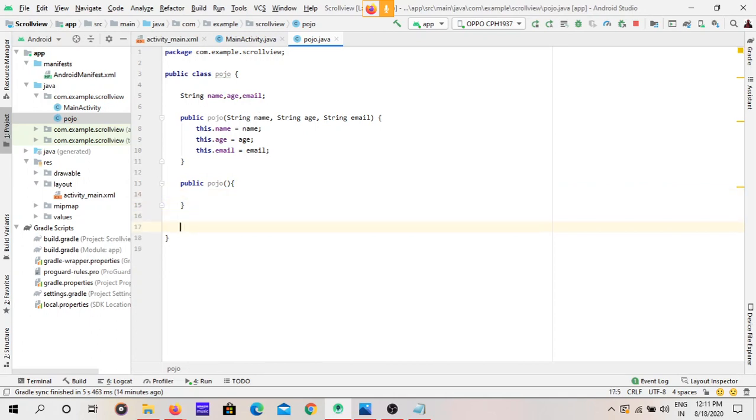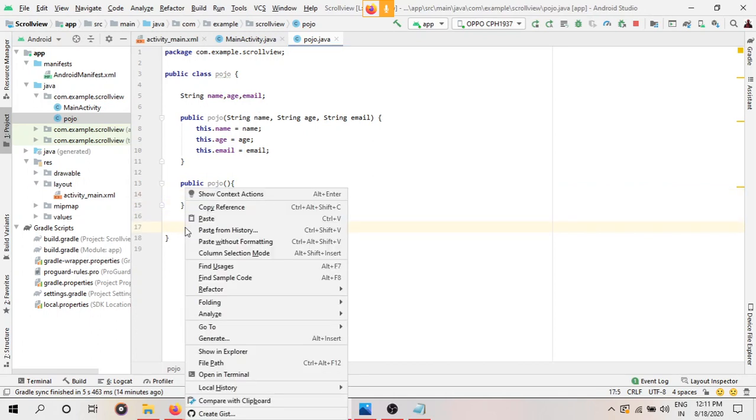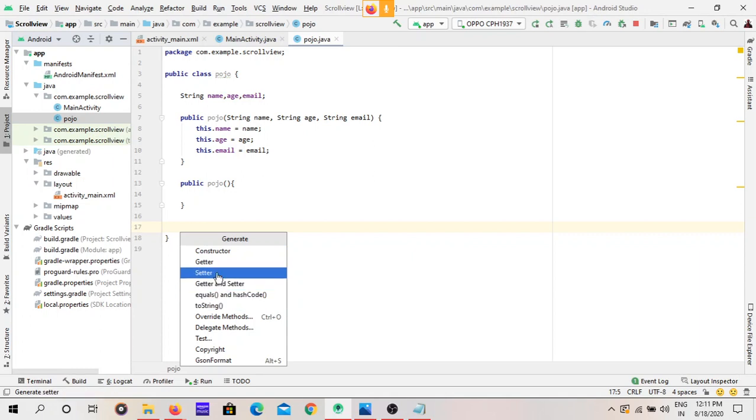Now we have to generate getters and setters. You can find the meaning in the name. Getters will get the data from the user or database, and setters will set the data to those variables, and again push the data to Firebase. Getters get the data from the user or Firebase.